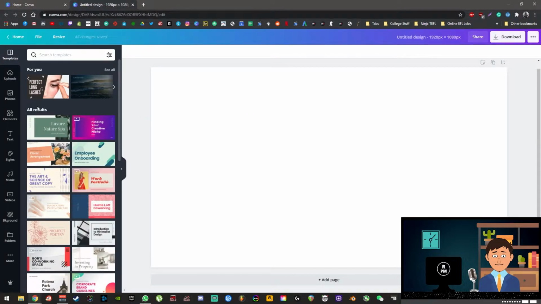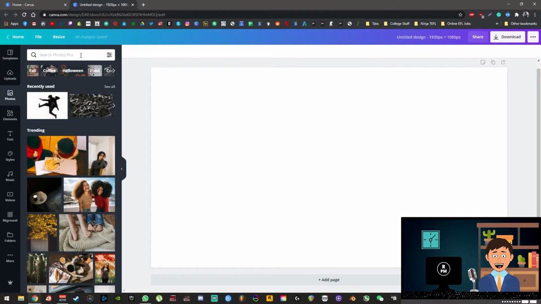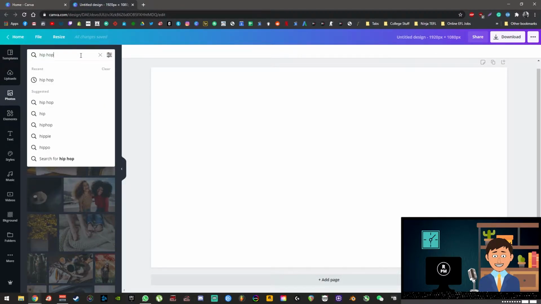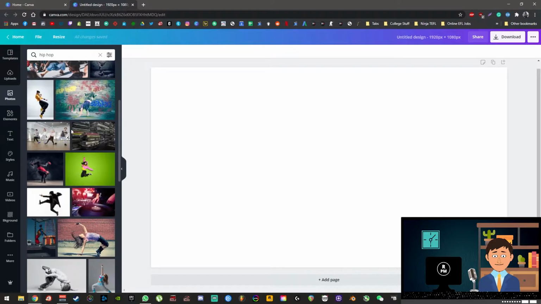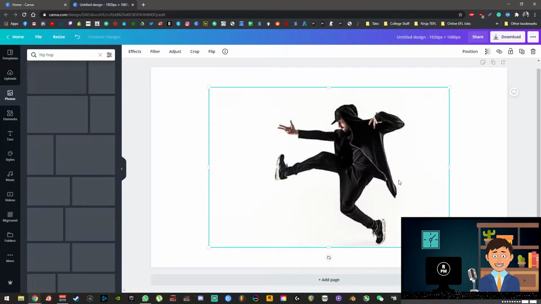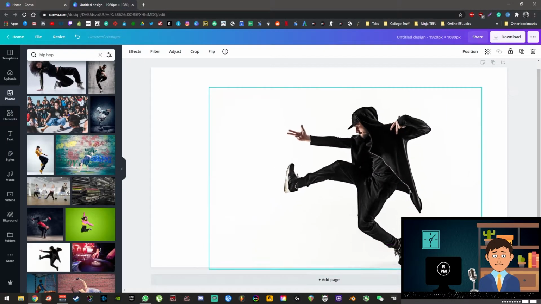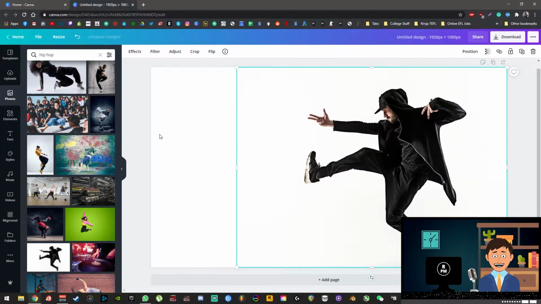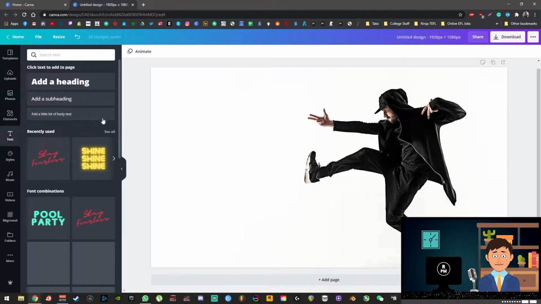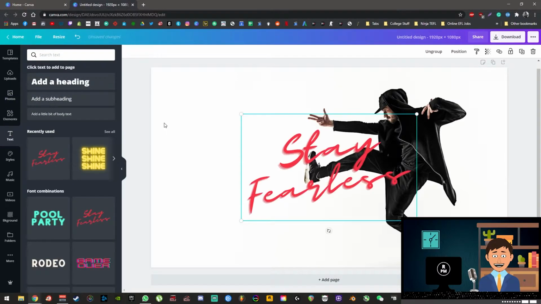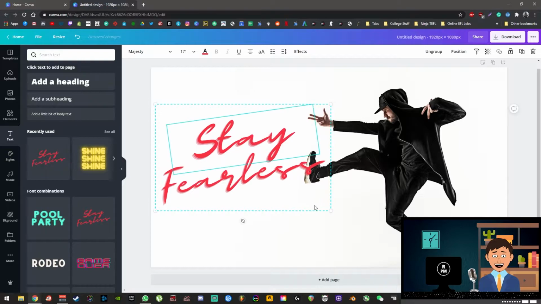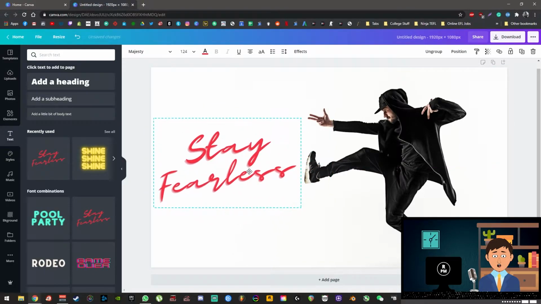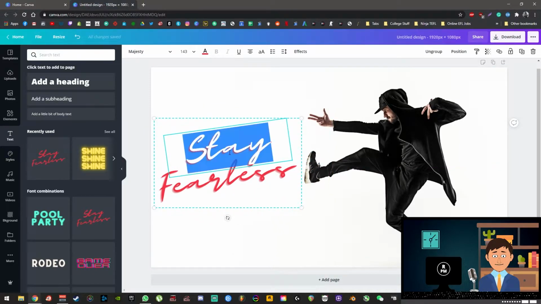Once we're in here, then we can go to photos, and I'm going to type in something like hip hop, something very stereotypical. I like the look of this. Stretch it out here, stretch it up there, put it over there, bada bing bada boom. And go in here and let's just use this text. It's pretty much all you need. Very simple, and I'm gonna call this sick